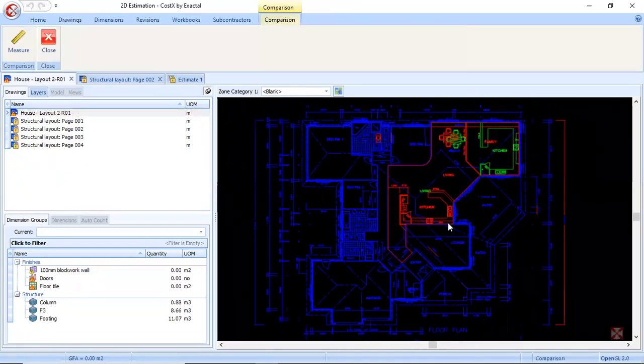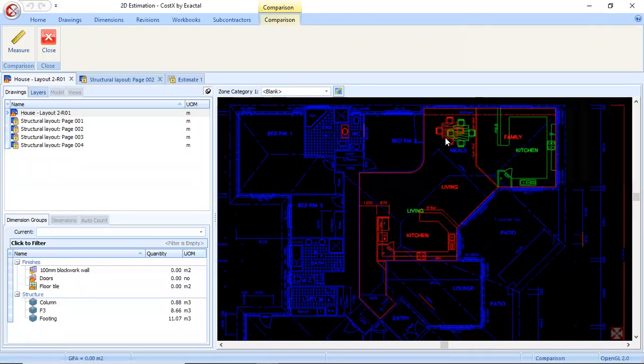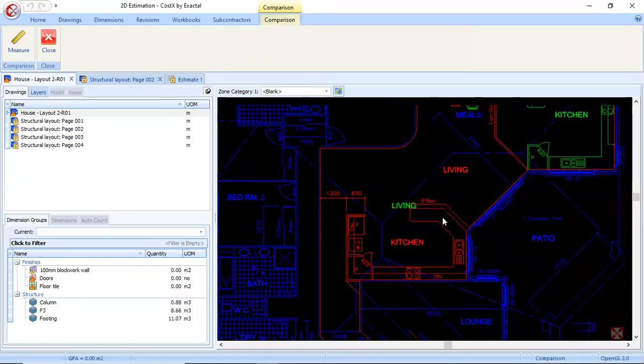You can clearly see 3 different colors in our drawing comparison. The blue color lines or elements which you see in the drawing indicate these elements remain the same in both the drawings, whereas these red color elements indicate these elements are deleted in the newer drawing.